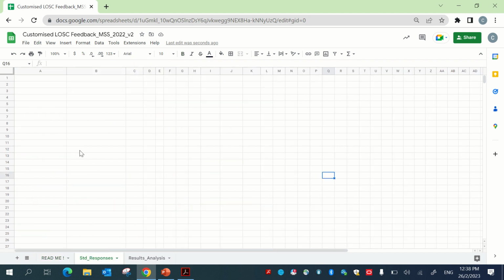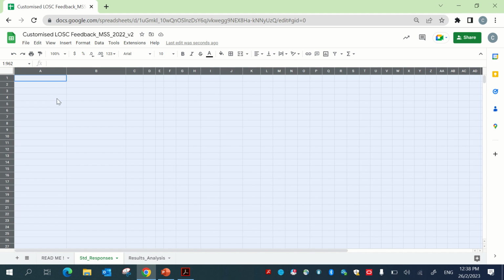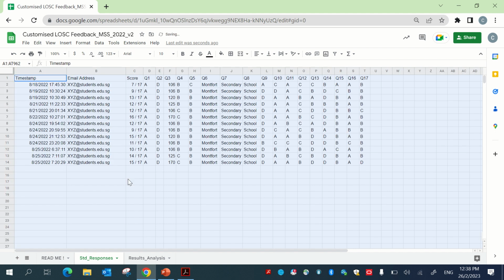This is a place where you will extract the Google response from Google Form or Google Quiz and paste it over here. Now, I'm going to paste over here a particular sample where there are 14 students who have responded